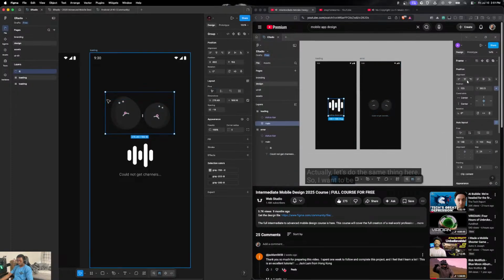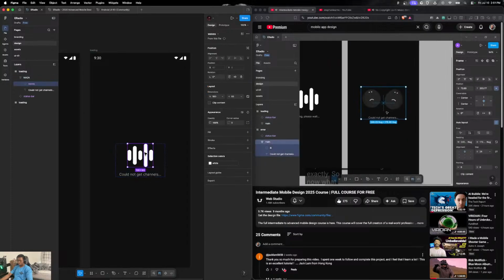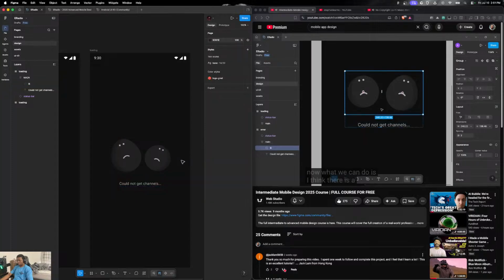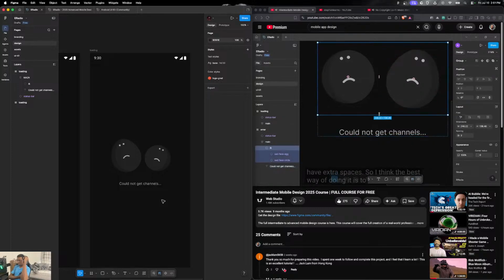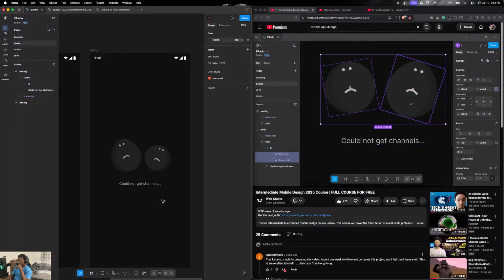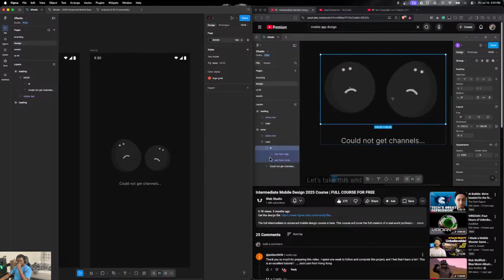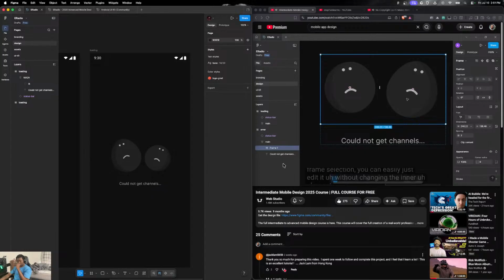So I want to be centering it. Exactly. So now what we can do is, I think there's a bit more space here for some reason, because obviously when you rotate your elements here, they have extra spaces. So I think the best way of doing it is to just maybe crop it out. Okay, how are we going to do this? Let's take this and make it a frame selection. When you make a group of frame selection, you can easily just edit it without changing the inner element size